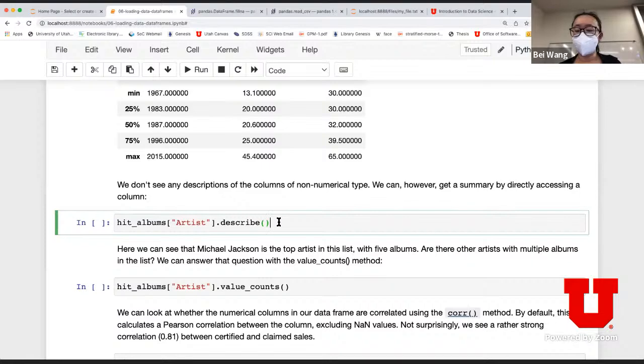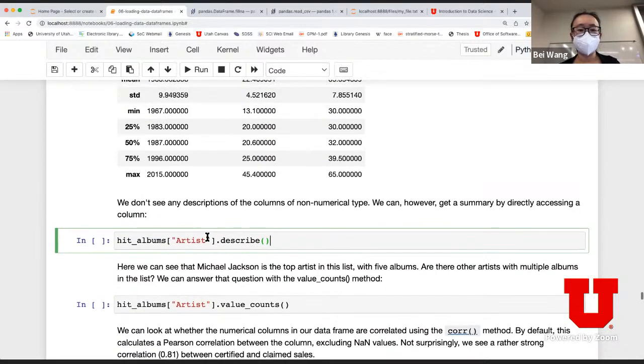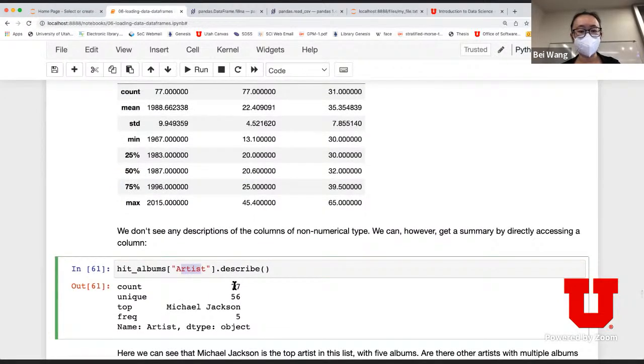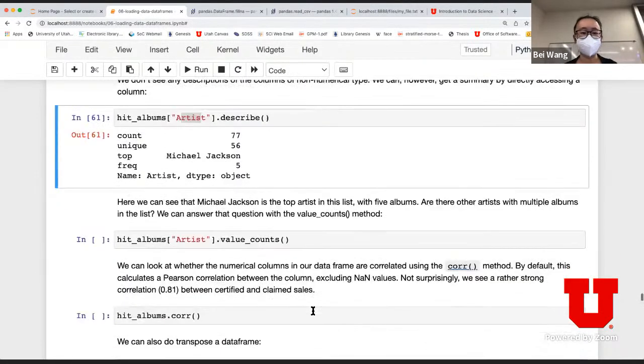All right, so now I can do describe by taking just a single column. For example, here I only care about the statistics associated with the column called artist. It tells me how many records I have, how many unique records I have, what the top artist in this column is, and how frequently it shows up. Previously, if you didn't rely on a data frame, you would have to write your own function to capture those statistics, and this comes with it.